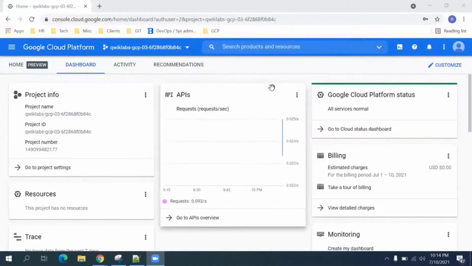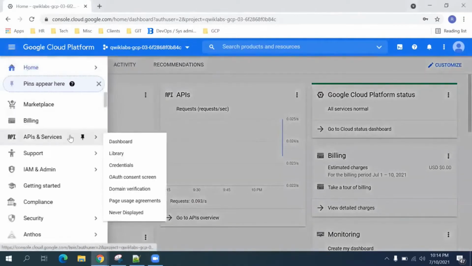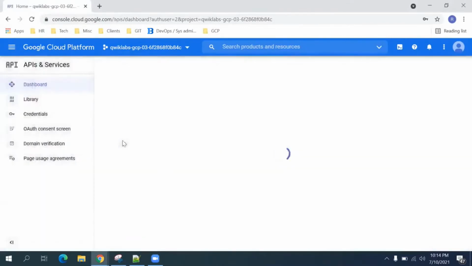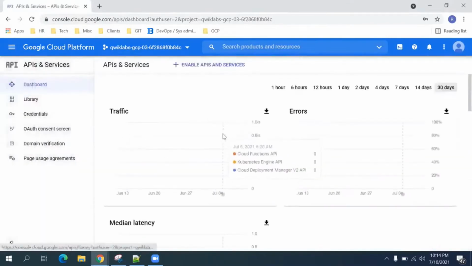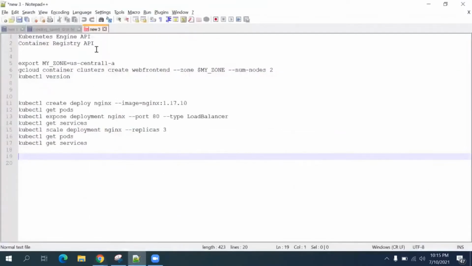Okay, so now we are at our GCP console and our task one is to enable APIs. So for this, go to the navigation menu, go to APIs and services, dashboard, come down, you will see various APIs which are enabled for you. And for this, we need to enable these two APIs.